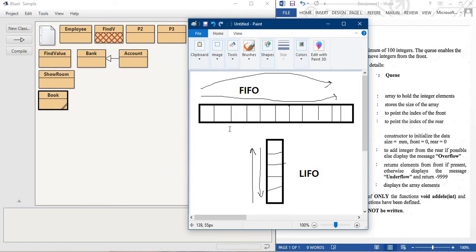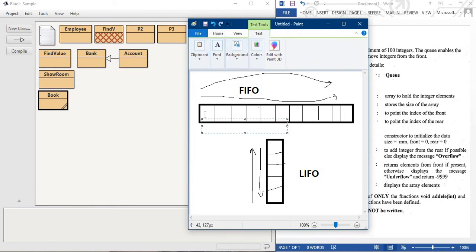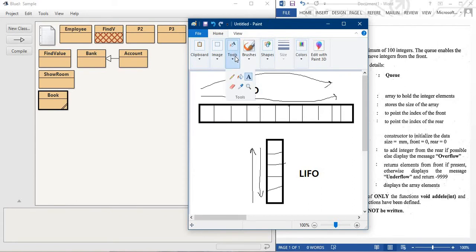Now suppose one variable controls each and every portion. Suppose your variable position is over here, next time here, next time here, so every time the position changes. Now finally your variable position is here. That particular variable is not possible to move backward over here. So that's why we use one more variable, staying over here, to control the delete. Means one variable for insert and one variable for delete.